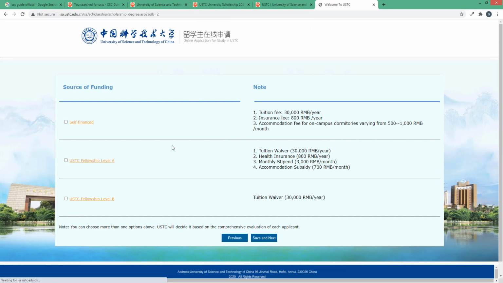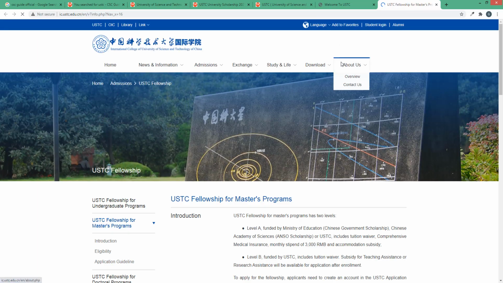Okay, and after that you can see fellowship scholarship. When you click on this option, your application will be considered for CSC scholarship, ANSO scholarship, and USTC scholarship, meaning fellowship scholarship. So click here to read the details of this scholarship.